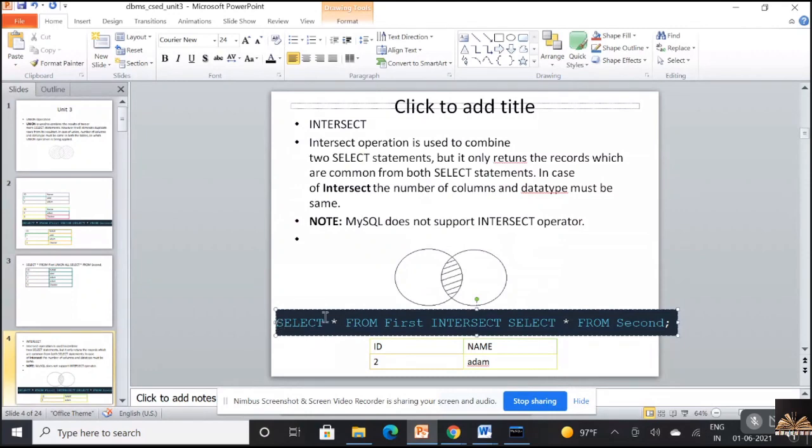The result of this query would be the common rows that exist between the 2 tables, the common output with respect to the select of each table. So 2 is common between the 2 select statements. Hence, I'm getting an output as 2, Adam. ID is 2, name is Adam with respect to the intersect operator.